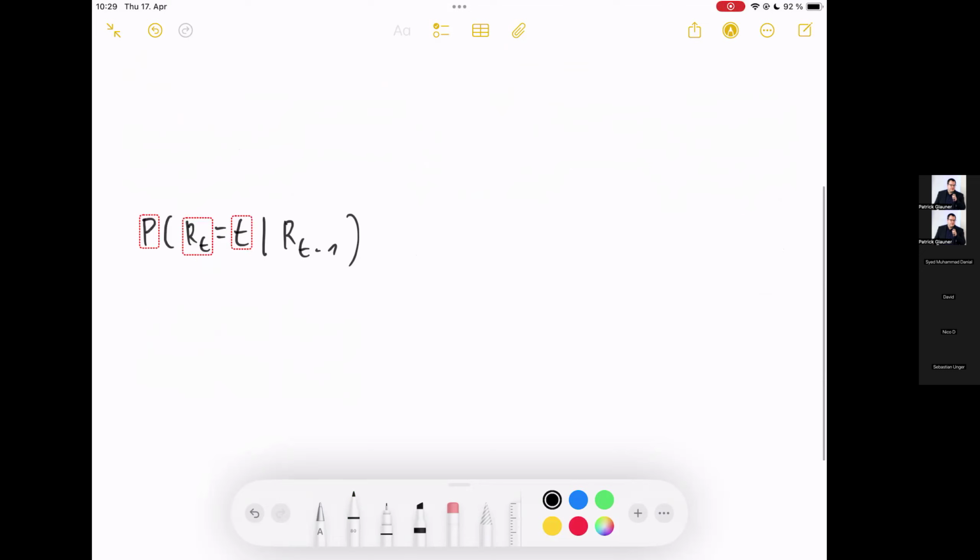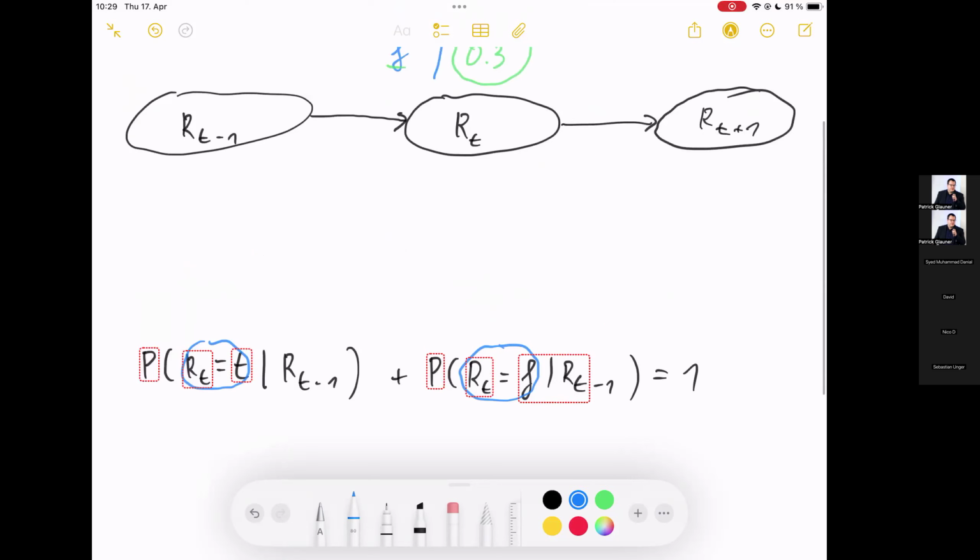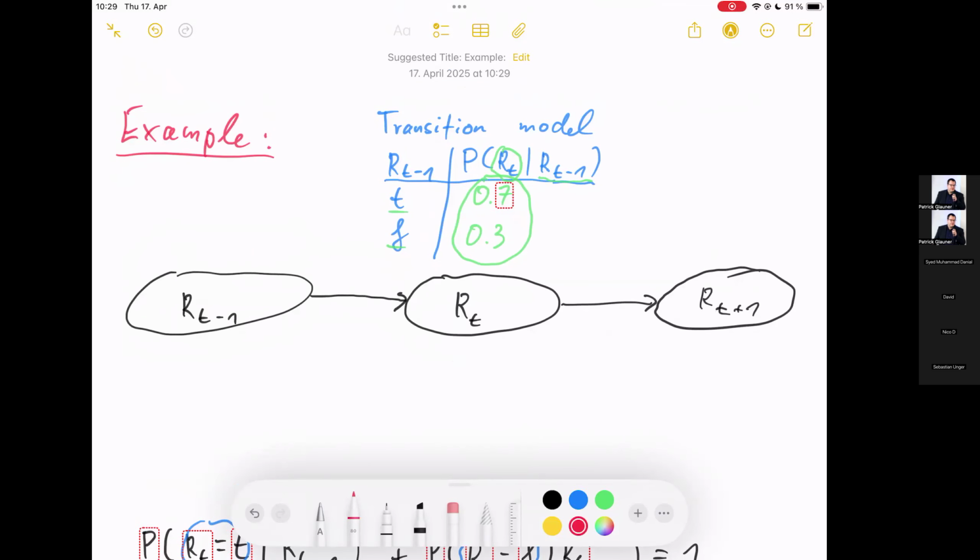And what needs to add up is if I add this up with P of RT is false given RT minus 1. That needs to add up to 1 because I have a true in here and a false in here, and RT is a binary variable. It's not a multivariate value, only binary. That needs to add up to 1. But here I have the conditions on RT minus 1, and I'm always calculating that RT, so I'm just writing this out,